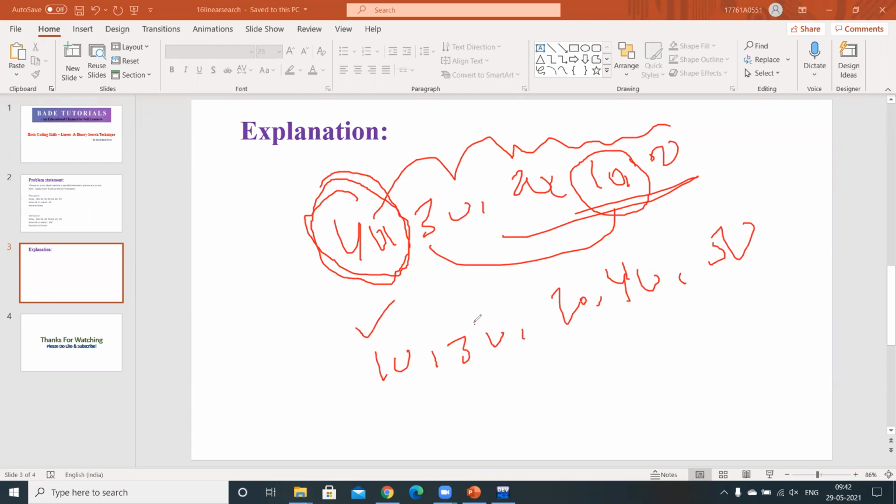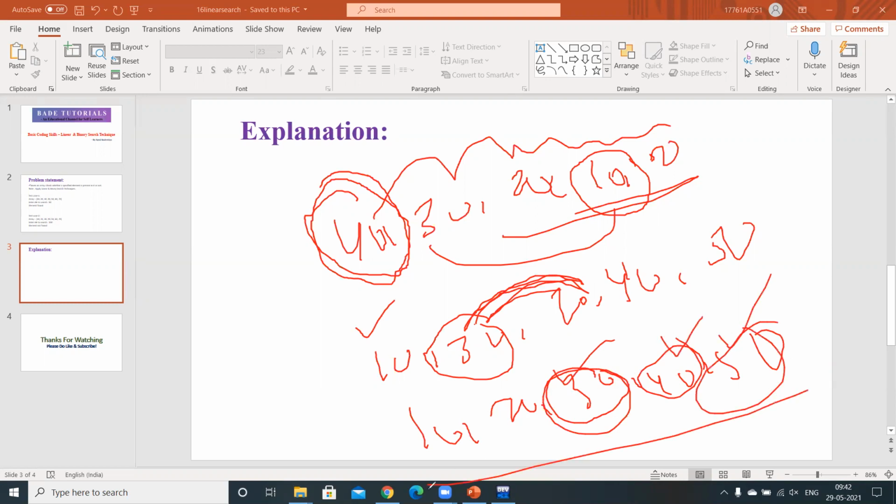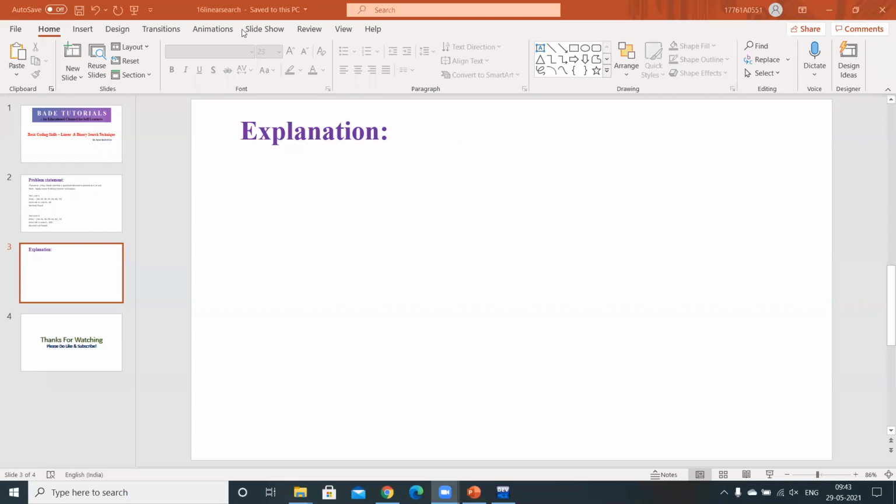Now your task is to get the right position for the next element. 20 is the next minimum, right? So those two will be swapped: 10, 20, 30, 40, 50. Now check it out: the position for 30 is correct, 40 is correct, 50 is correct. So this is the final sorted list we get. Okay, now let's apply the selection sort. Hold a minute.